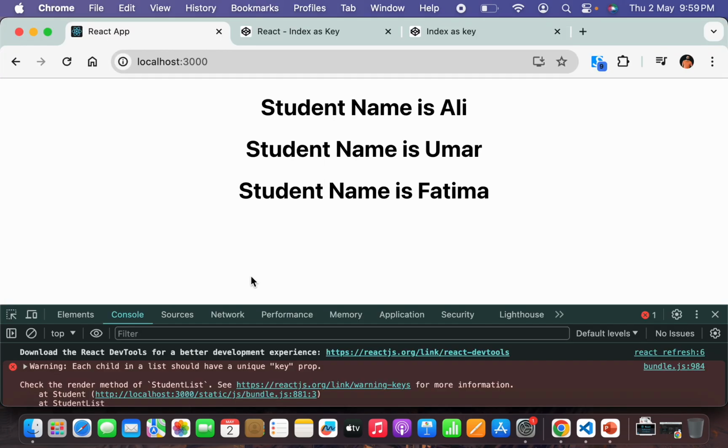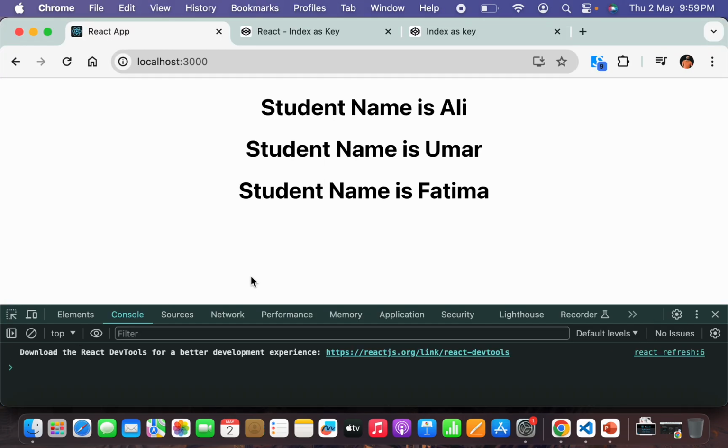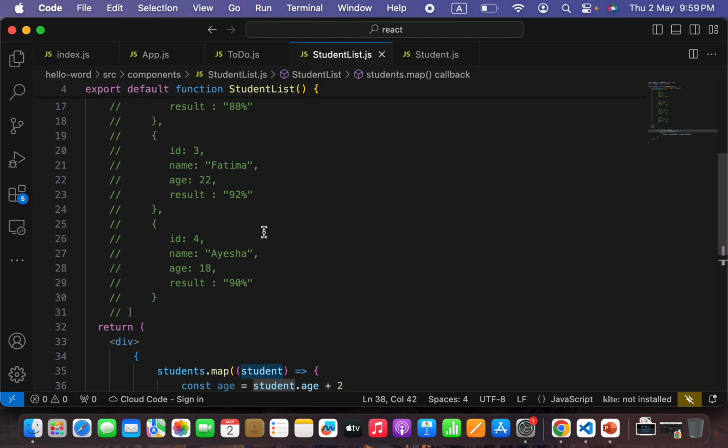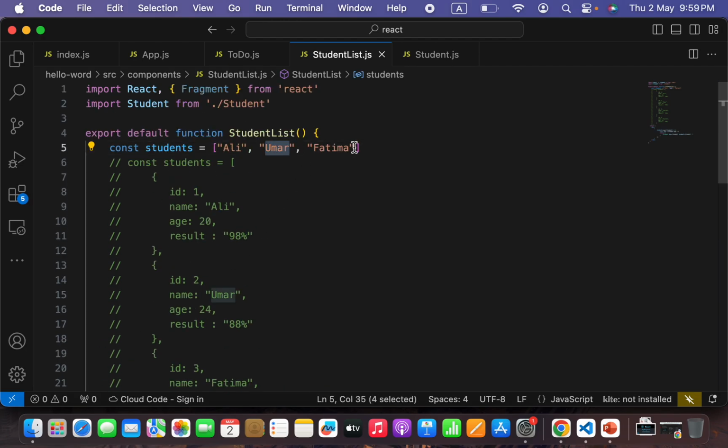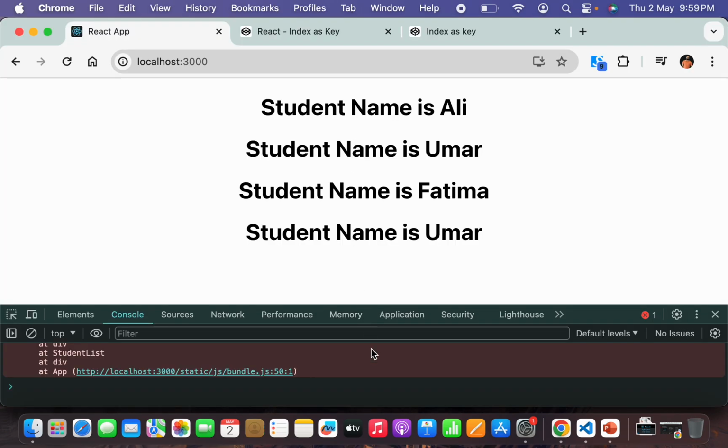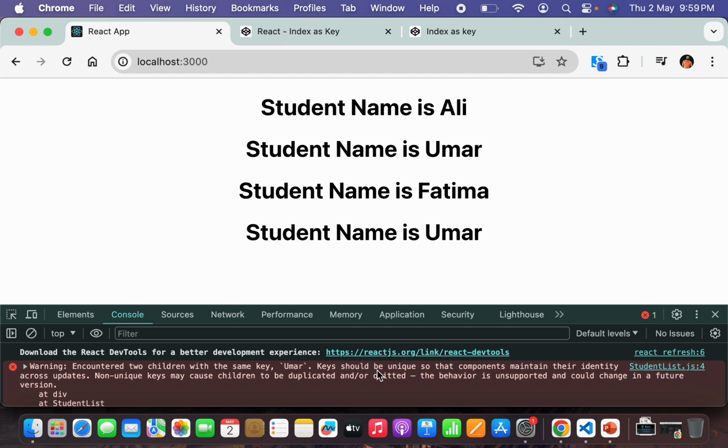So I passed it and saved, and I'll go to my browser and reload it. You see that there is no error in my console now. But what will happen? It's possible that two students will have the same name. For example, this is Umar and there is another Umar as well. It's really possible; there is a very high probability that you will find a lot of name duplication. Once you do this, you will see again the console has an error. The error console is saying it encountered two children with the same key. The key is Umar. So you have two same keys for the li items, that is Umar, and